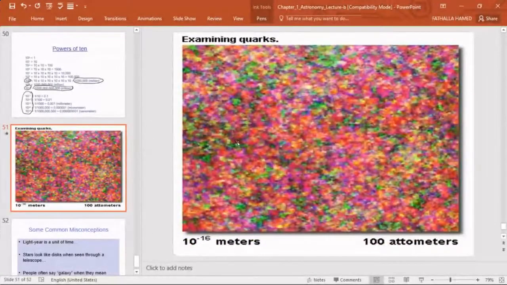If you go even smaller, we can get to something which is smaller than that, which we go to something like Higgs bosons and many things like that. So now, in this course, we're not going to look at these things, but to give you an idea,